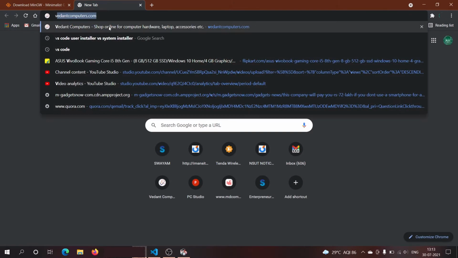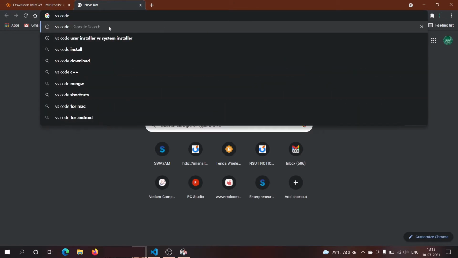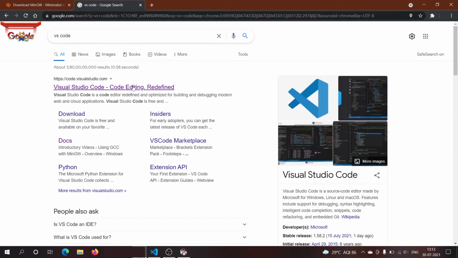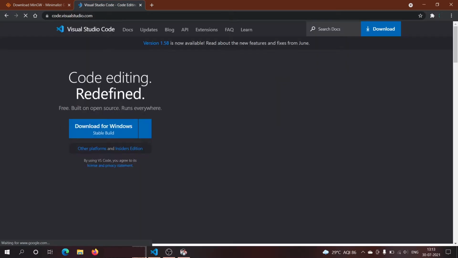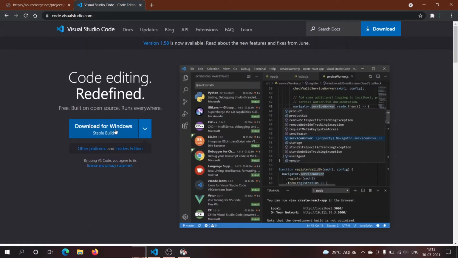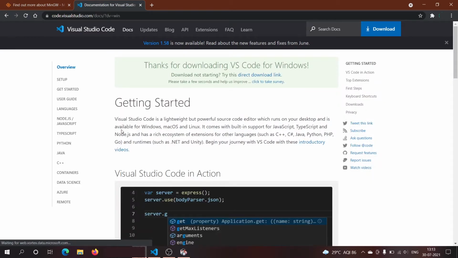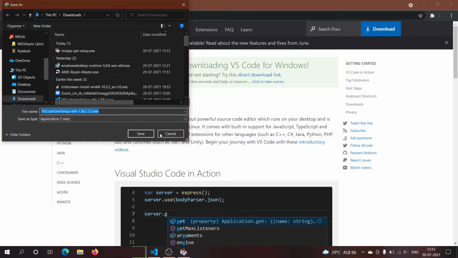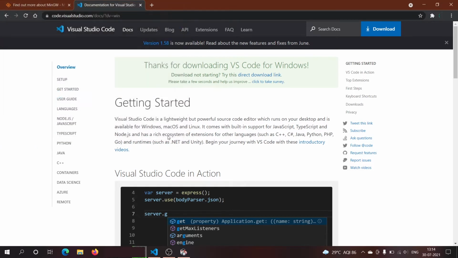For the time being, I can also show you how to download VS Code. Just click the download for Windows, and it will start downloading. I have already downloaded it, so I will not show how to download.